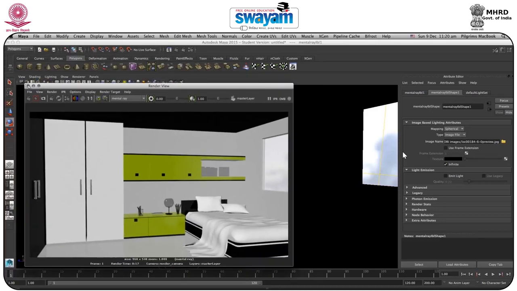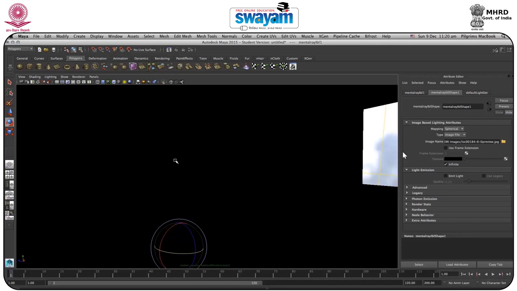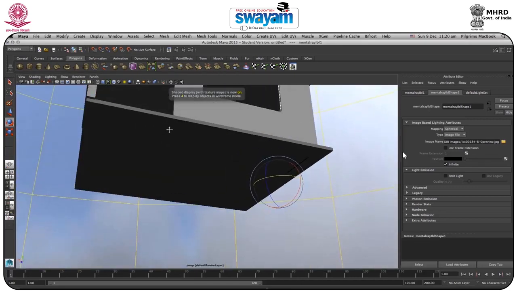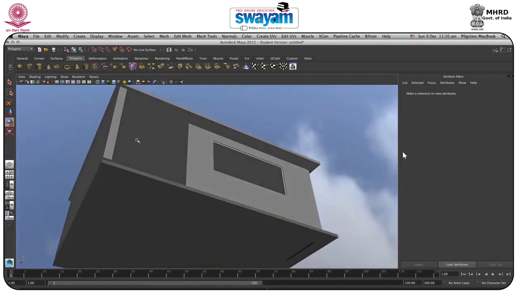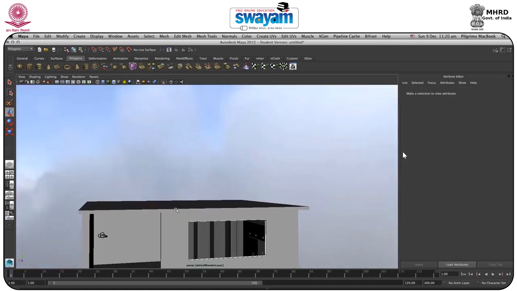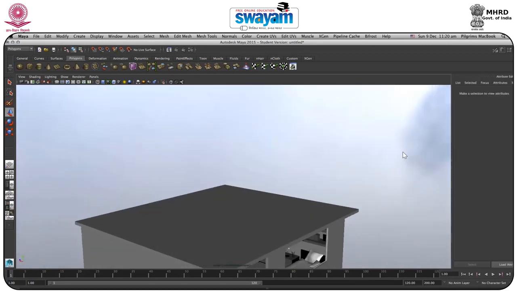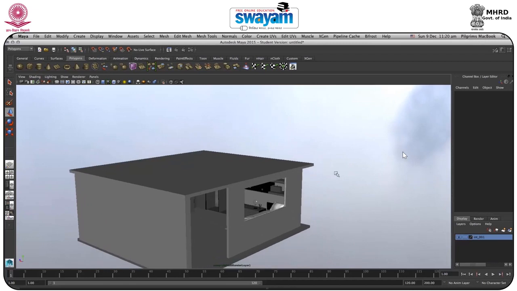And one more thing is that we will just go to 6, just press the 6 and just go up to here. Here you find that this part is getting darker, so what we will do, we'll just go to channel box and turn on the reference. Now by selecting the HDRI image, and one more thing is that